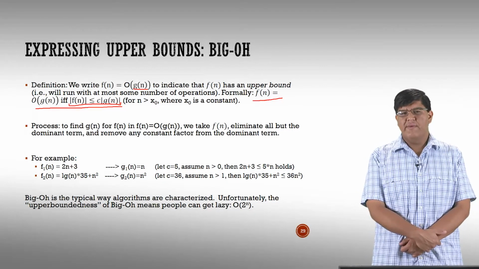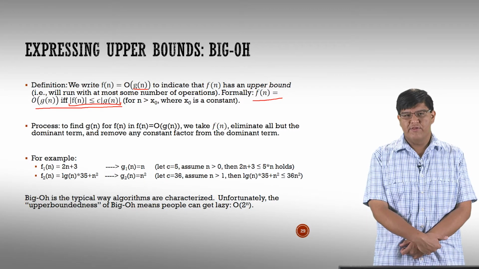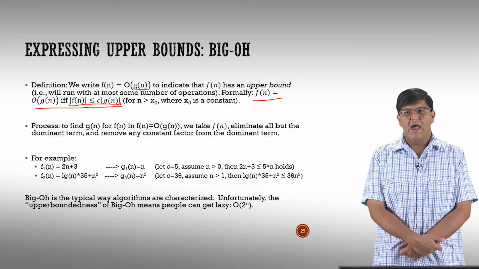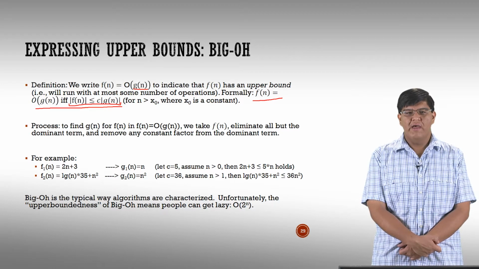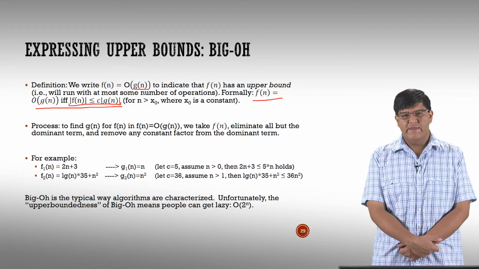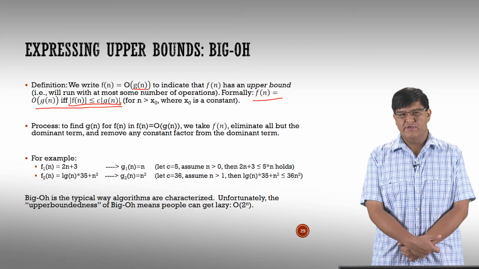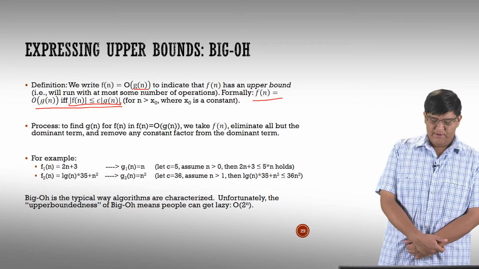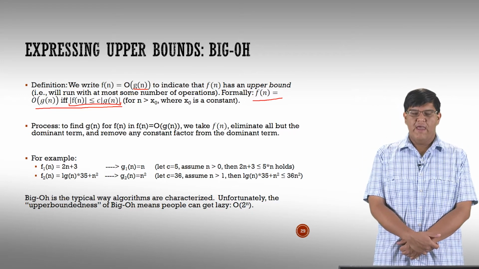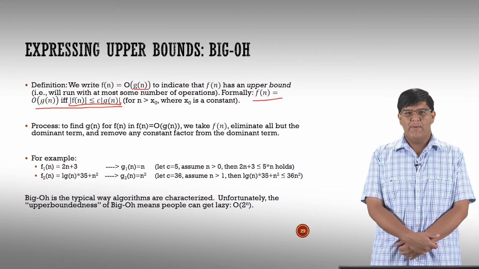The absolute values don't really matter to us all that much. Remember that these are supposed to be growth functions that we analyze, and it doesn't really make sense for a function to take negative time, or a negative number of operations. So in general, we don't worry about those absolute signs, although in the mathematical definition they are there, and so we should leave them there. They just don't really complicate things for us in the practical world. And so what that bit of text is saying is that f is upper bounded by g